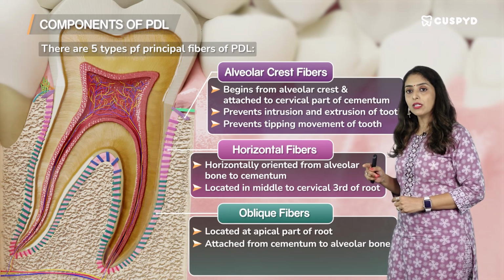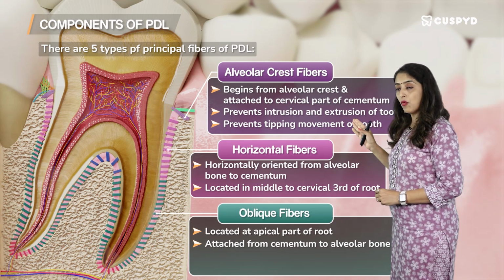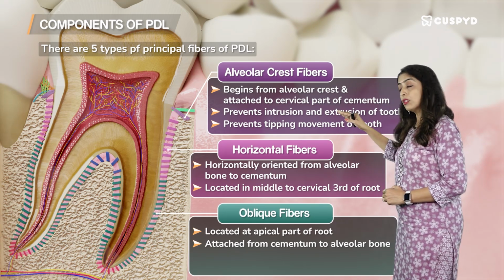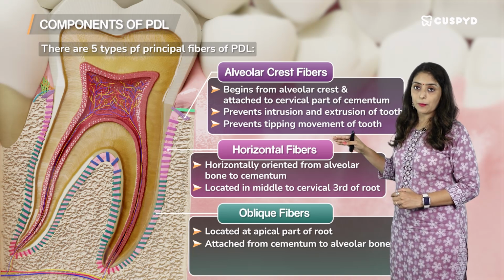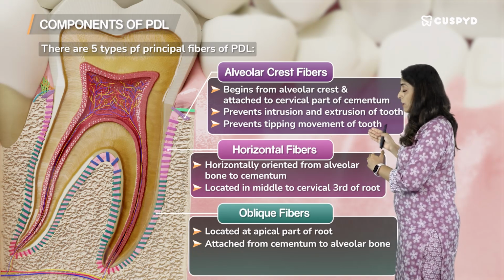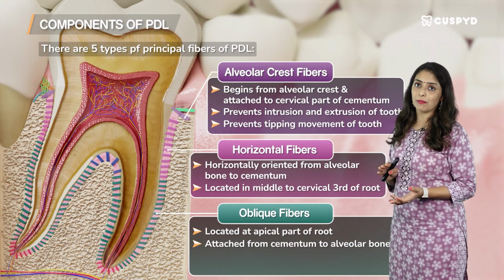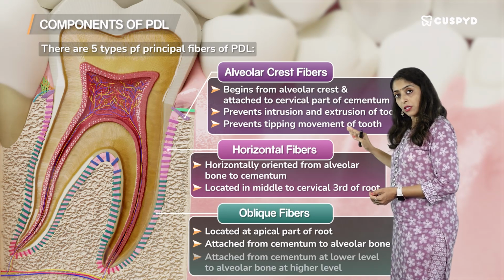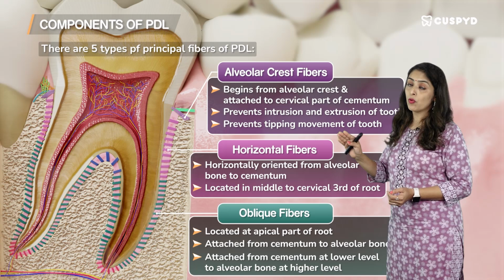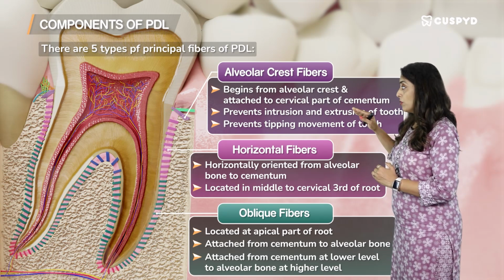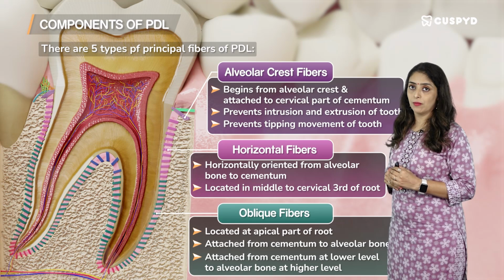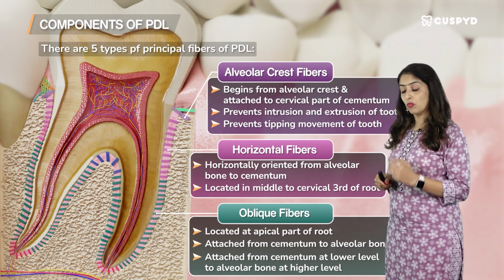So, these alveolar crest fibers are going from an alveolar crest that is at a lower position to the cementum that is at a higher position. Whereas, in the oblique fibers, the reverse is happening. The oblique fibers are on the cementum at a lower level and the alveolar bone at a higher level. So, the alveolar crest and the oblique fibers are opposite to each other,